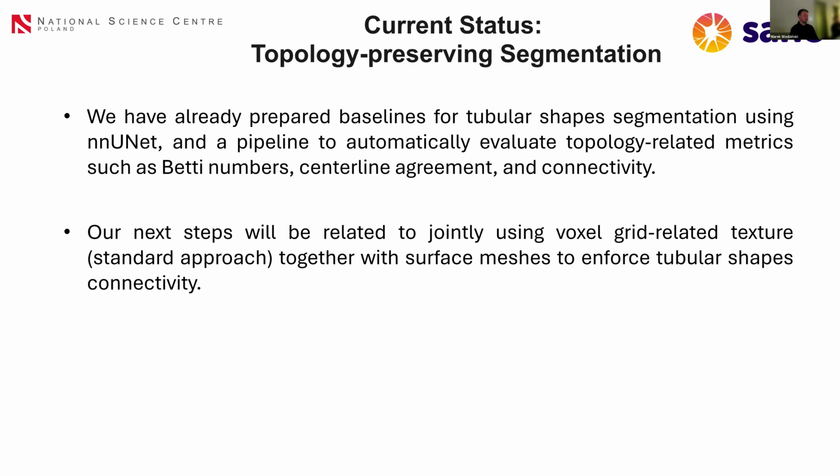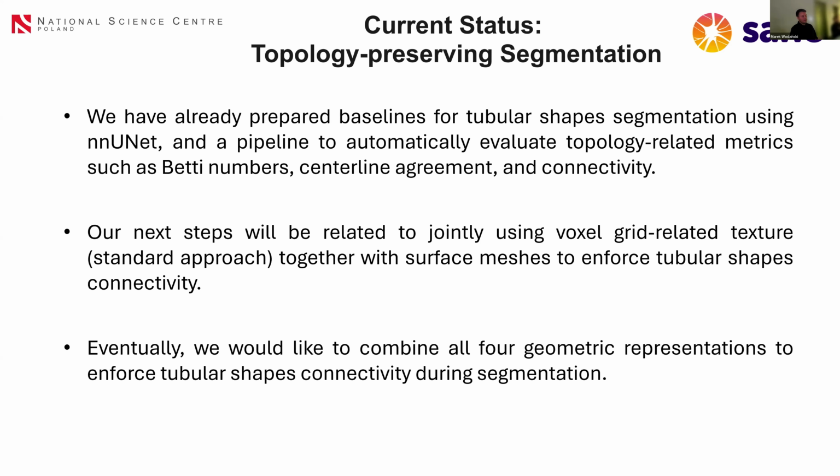that we are going to compare against, our goal is to firstly explore how to jointly use voxel grids and surface meshes to enforce the tubular shapes connectivity. How to stabilize the centerlines of the segmentations, so we can correctly segment even the smallest branches of vessel trees. But eventually, at the very end, we would like to combine all 4 geometric representations simultaneously